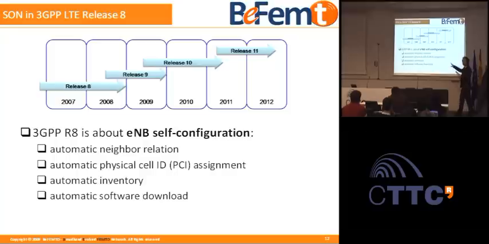So Release 8, the earliest release on that, concentrated only on the functionality of installing your base station. Okay, so it's a hardware issue. So the question here was, how do I automatically upload and download the software? How do I make an inventory? Because every base station has different hardware elements. Okay, you may have 3 antennas, you may have 5 antennas, you may have a coax cable which has this and that property, 20 meters long, 5 meters long,